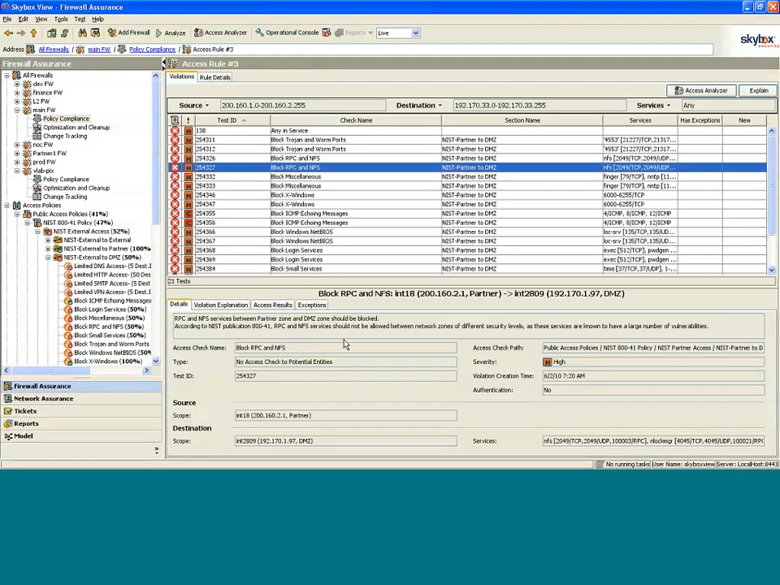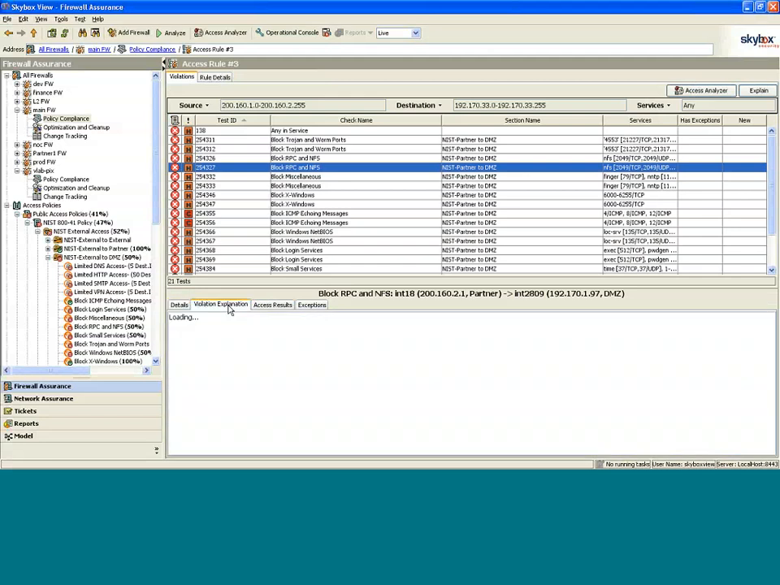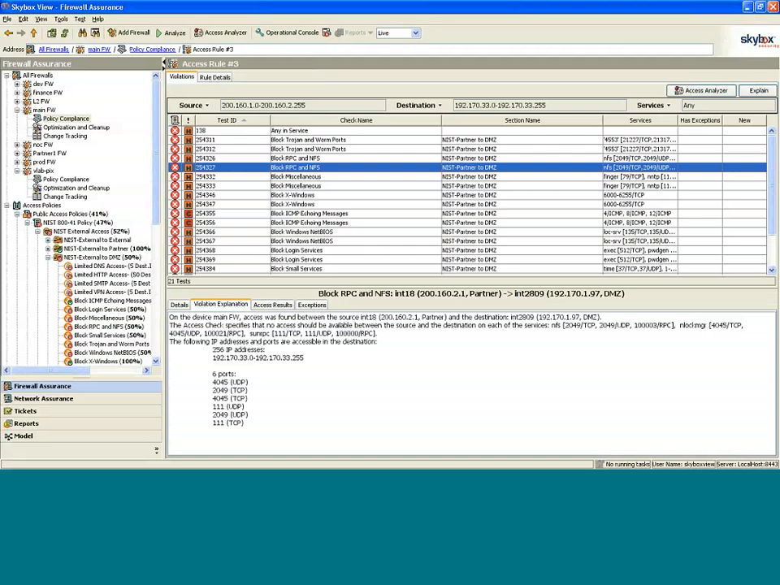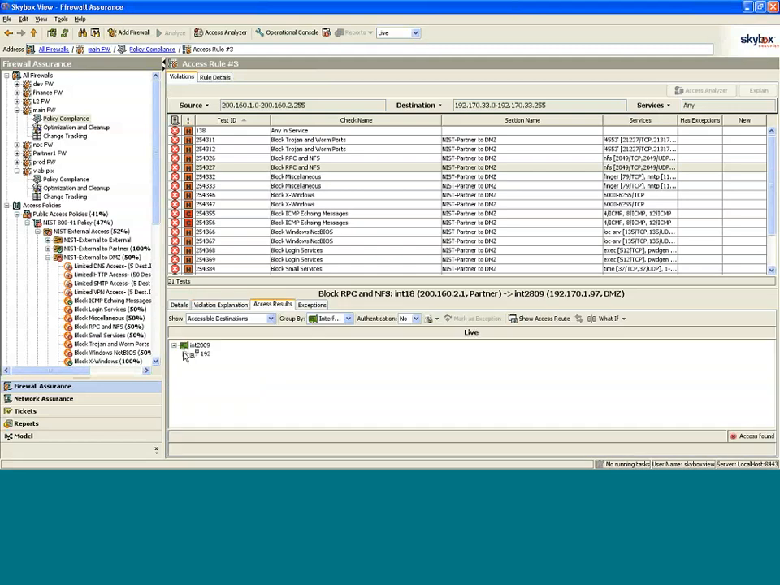I would get the NIST description. I will get the description based on my network, so I can see here that this network is in violation and these ports are part of that violation. I can then look at the access results and see the network. I can see what the violations are, and here I can then mark things as exceptions as needed